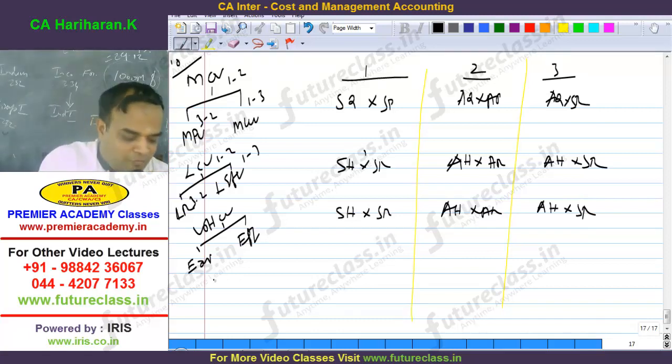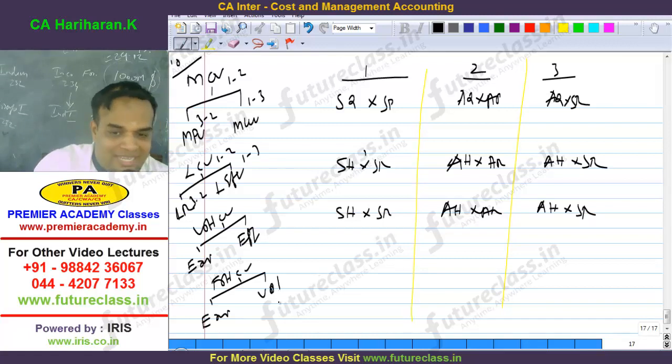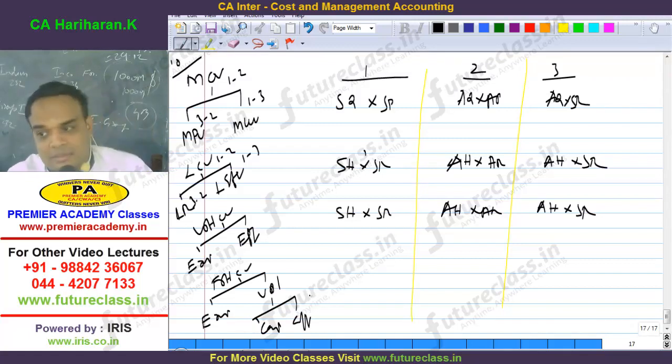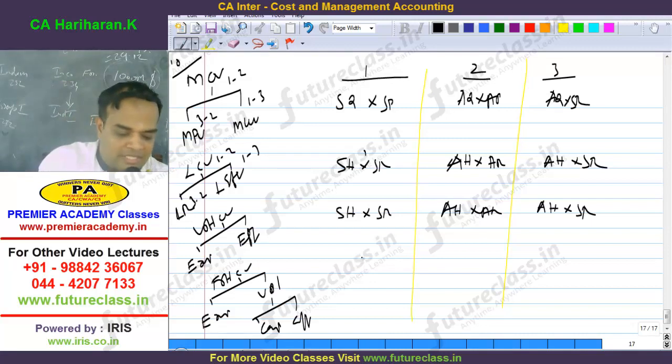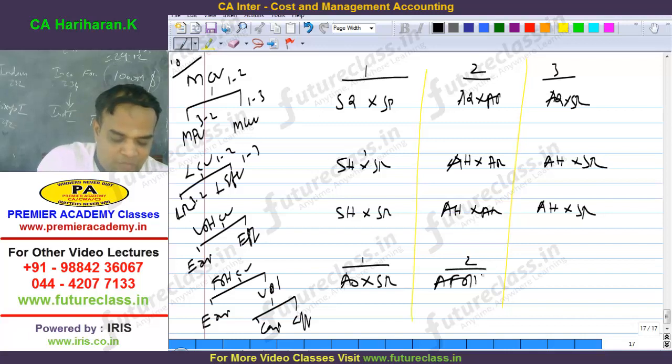Understood? Next, fixed overhead cost variance can be classified into what and what? Expenditure variance and volume variance. Volume is again classified into capacity and efficiency variance. Clear? With the calendar or without calendar? Why? There are no dates, only days. Now, 1 represents here actual output into standard rate, actual fixed overhead, budgeted fixed overhead, actual hours into standard rate. Are you with me? Clear?